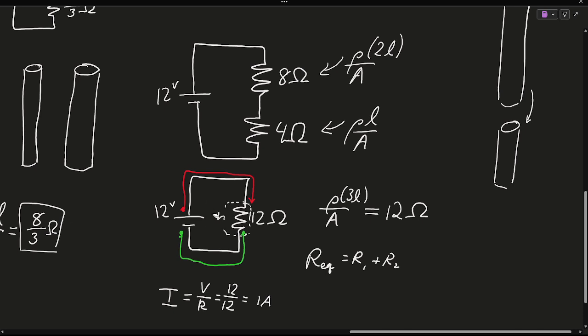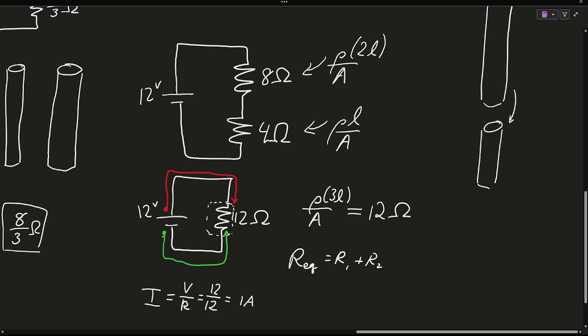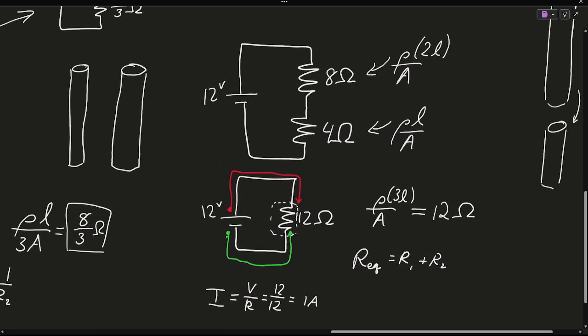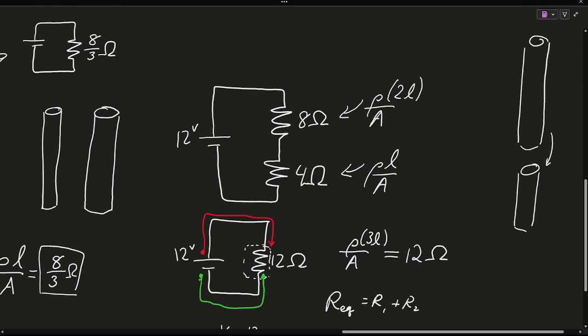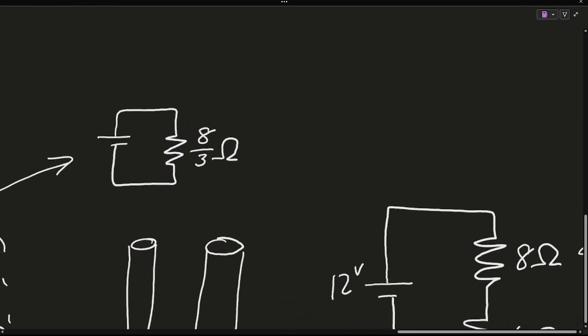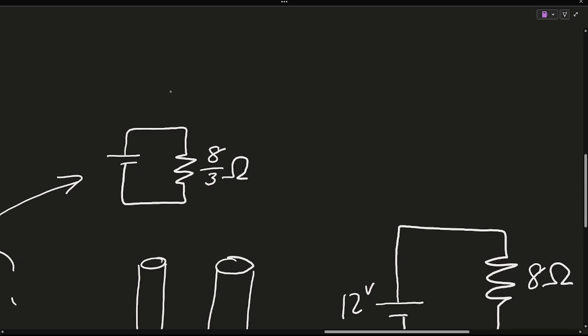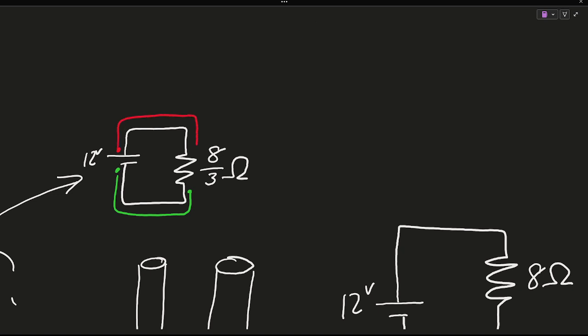This is kind of another finger rule. As long as you don't cross a junction, that is, your circuit hasn't split or joined, the current will remain the same. So here there's no splits or joins anywhere, so the current's always the same. Let's look at this other circuit we drew. So we do the same 2-finger trick, so this is still 12 volts. We have 1 finger here, 1 finger here, so we go around, that's still 12 volts, that's still 12 volts. So then we do Ohm's law, I equals V over R, it's equal to 12 over 8 over 3,